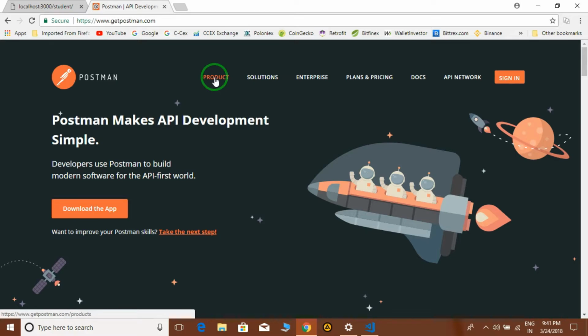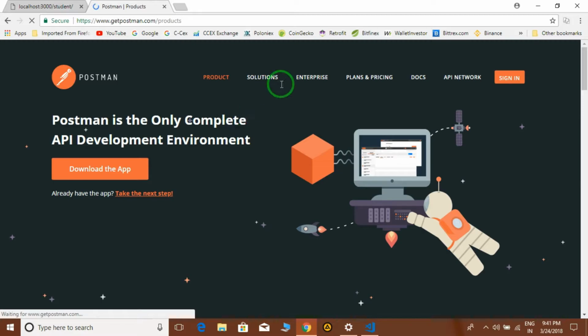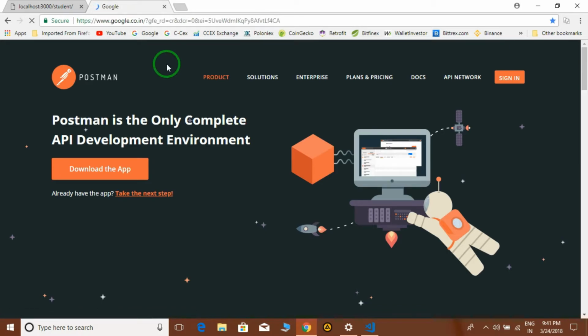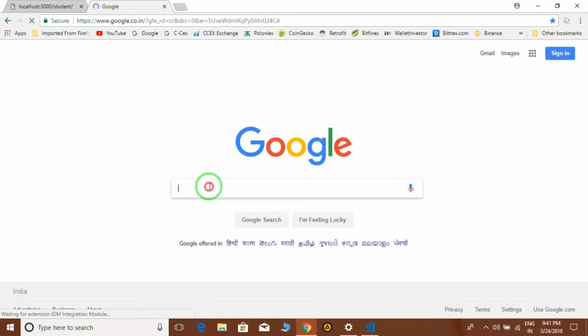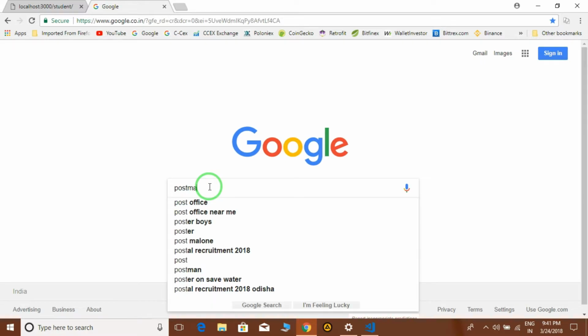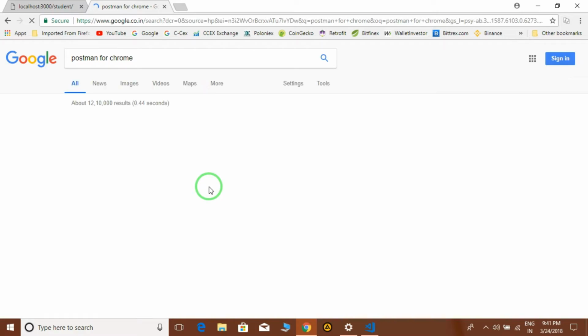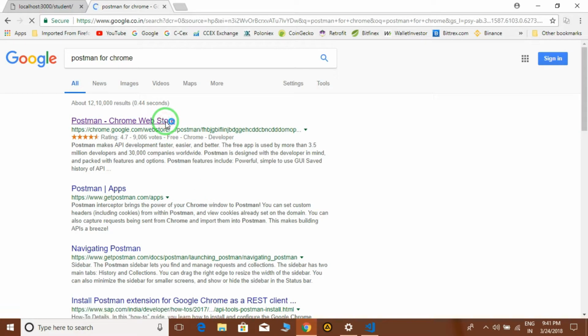So for downloading this, you can go here and download it. But the best solution is to download Postman using the Chrome extension. For example, you type here Postman for Chrome, because I'm using the Chrome browser. Click here, and from this link it will ask you to install Postman as a plugin in Chrome.